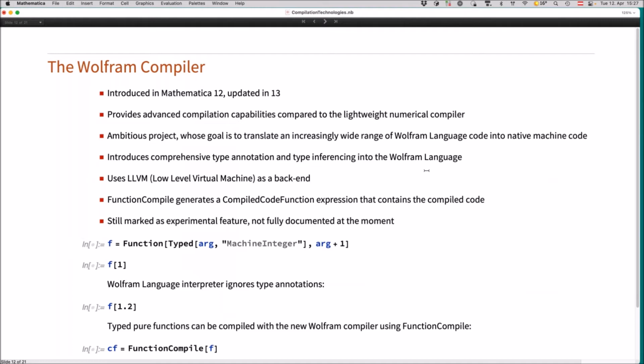The Wolfram compiler introduces a comprehensive type annotation system and type inferencing system into the Wolfram language, which is also interesting if you use it on its own and without looking at the compiler. On the back end, the Wolfram compiler is based on a technology called LLVM, which stands for low-level virtual machine. And this low-level virtual machine is, I would say, a compiler framework, which is nowadays used for